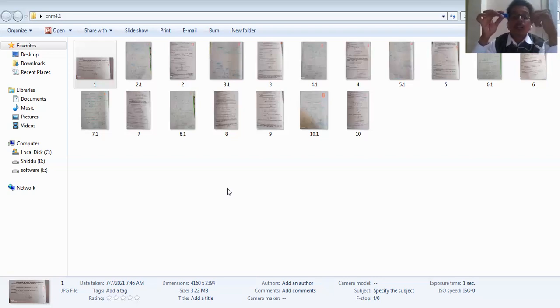How much potential? Q into V, assuming that its initial velocity is 0. So Q into V. Therefore, wherever E is there, you write Q into V. Q is already known: Q is 2 into 1.6 into 10 to the power minus 19. Then you substitute all the values here.